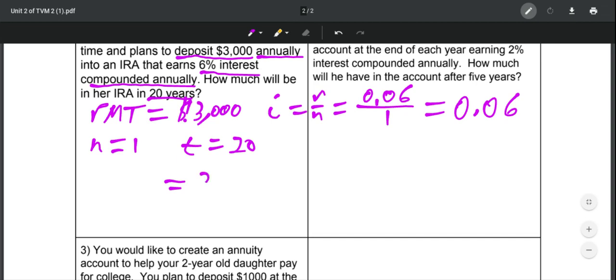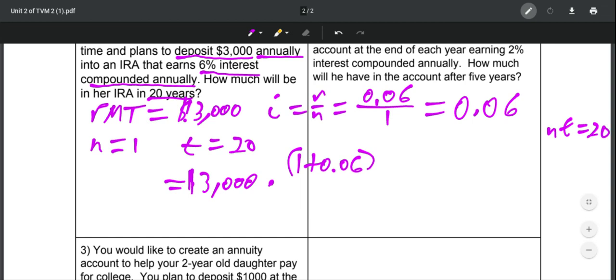We could say equals 3,000 times 1 plus 0.06. And that is raised to the positive power of NT. And so NT is just going to equal 20 because 20 times 1 is just 20. So it's going to be the positive 20 minus 1. All of that over I, which is R over N, which equals